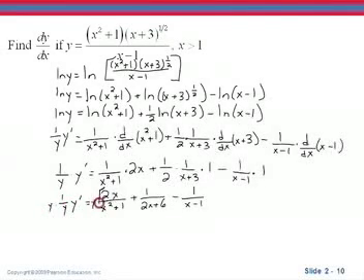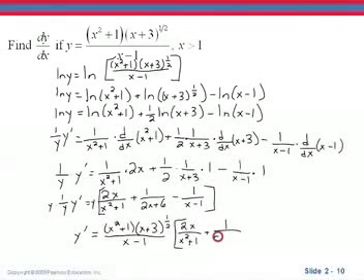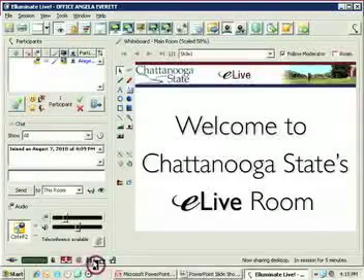We would need to get rid of the 1 over y. And we did that by multiplying both sides by y. So if I multiply the entire side by y, then that will give us y prime equals y. And now remember, y was actually x squared plus 1 times x plus 3 to the 1/2 divided by x minus 1, and we're going to multiply that times 2x divided by x squared plus 1, plus 1 over 2x plus 6, minus 1 divided by x minus 1. Now while this derivative